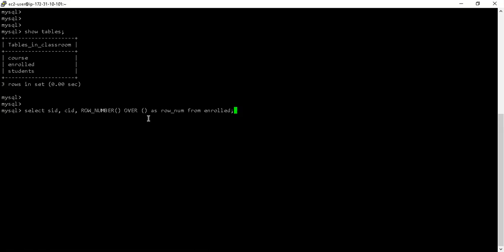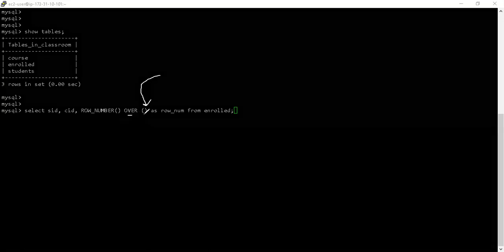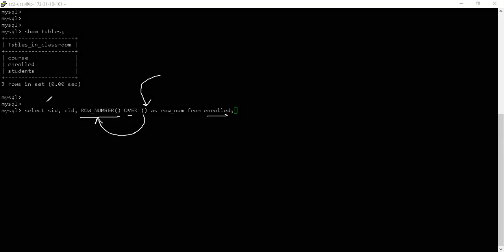If I write some kind of an expression inside the over clause, inside the brackets, then basis the condition that I've written inside the bracket, using that as an input or a reference, this function is going to work on this table along with these two columns as an output.